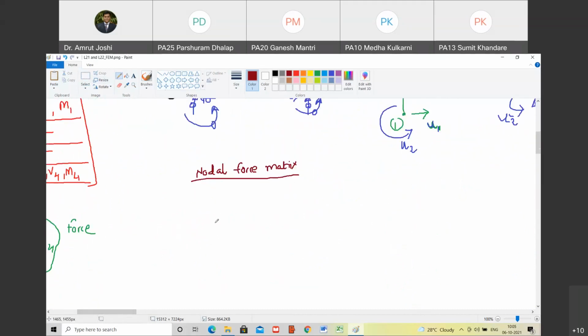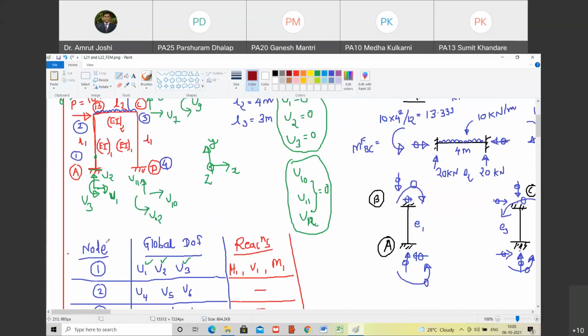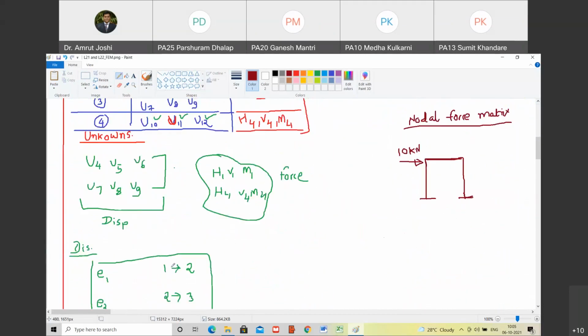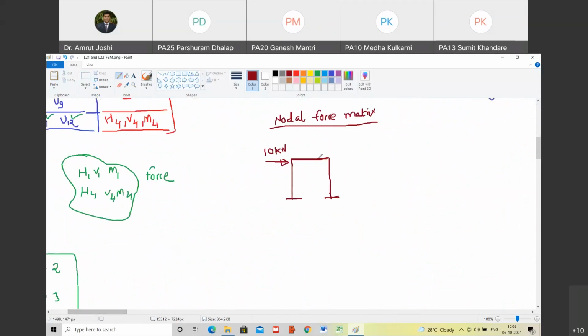Yes, sir. In this I am going to draw the unrestrained structure and I am going to show only nodal loads. Happy? Yes, sir. यहाँ पे मैं सिर्फ नोडल लोड्स दिखाने वाला हूँ. तो what are the nodal loads? One is this 10 kilonewton. Do you agree with me? Yes, sir. Okay. And then I will also have to show nodal reactions. Are you with me? तो ये reaction देखो, this reaction.